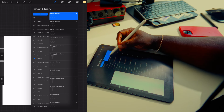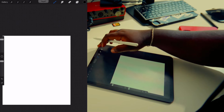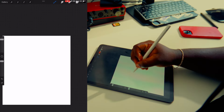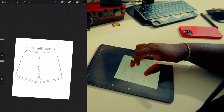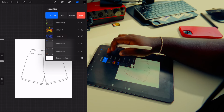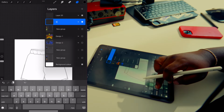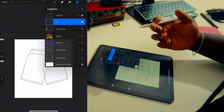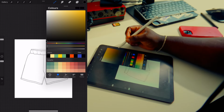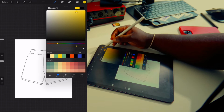And I just want to go with blank short number 1. Bring this all the way up. Perfect. And let's go ahead and duplicate this. And let's rename the bottom one to C1 because it's our color layer, or you can just name it color layer. And for the color layer, I'm going to go ahead and use yellow